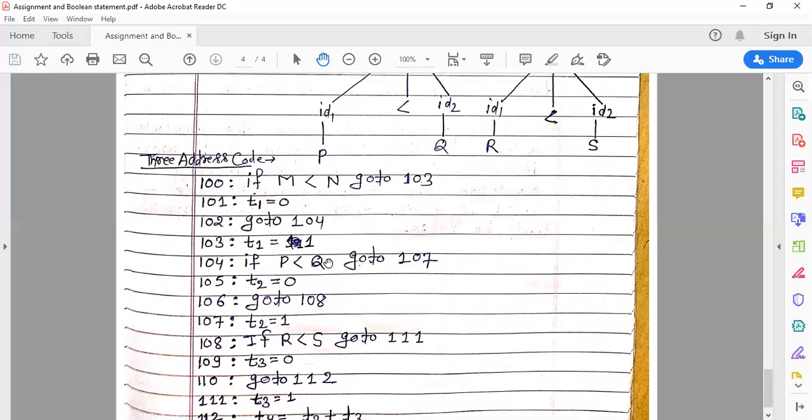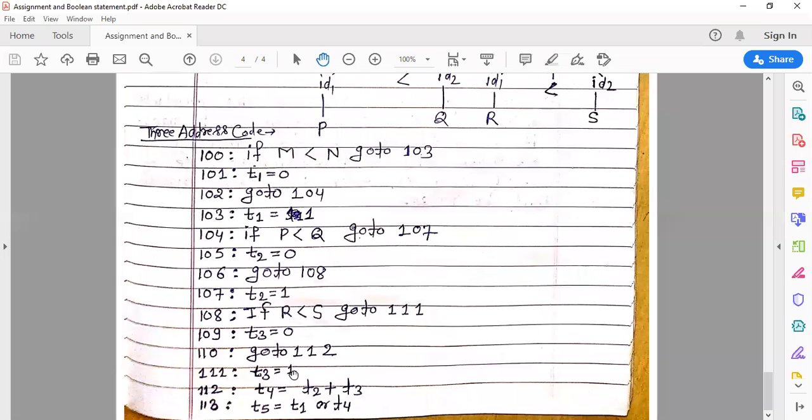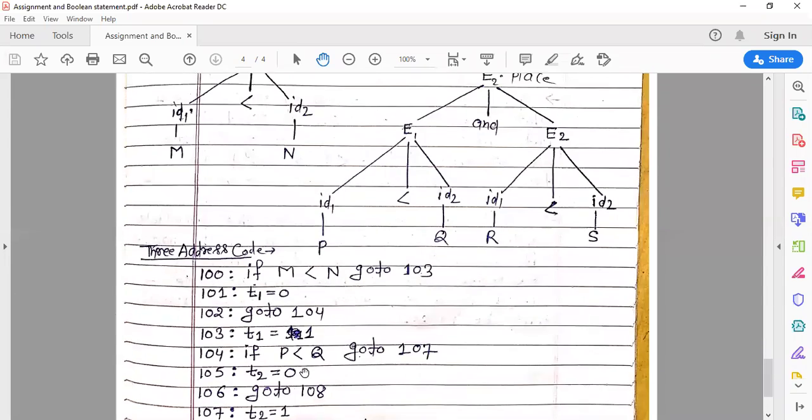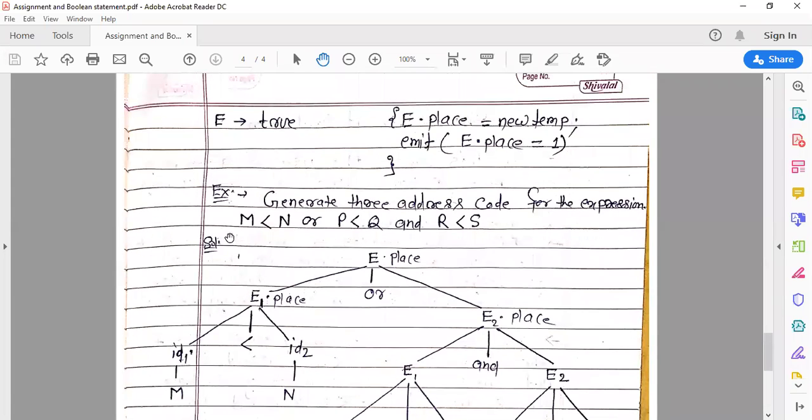Again, if this condition is true, then our control jumps to 107. You can see here at 107, T2 is equal to 1, and control goes to 108. If R less than S is true, control jumps to 111, so T3 is equal to 1. So here it checks all the conditional expressions. If m less than n is true, control goes to p less than q.